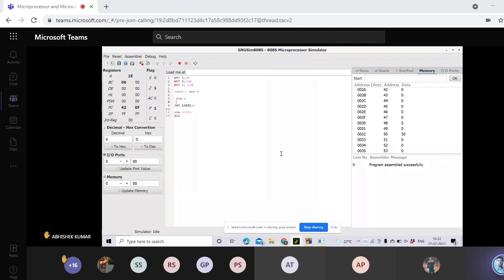Yeah, please speak on. Explain the program from the beginning. Okay, sir. I have stored two numbers, 6 and 5, in B and C respectively. And I have to multiply 6 into 5. Since I have to add 6 five times to multiply 6 into 5, therefore I have stored 5 in C so that my loop will run 5 times and add the value of 6 five times in A, and finally store the value.